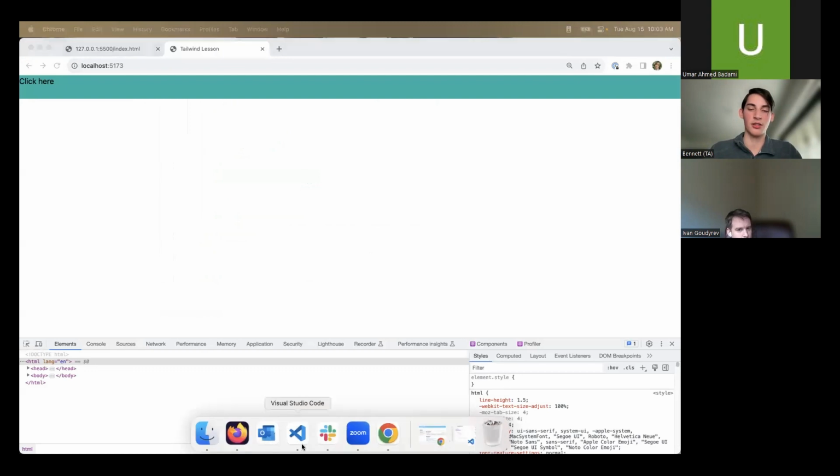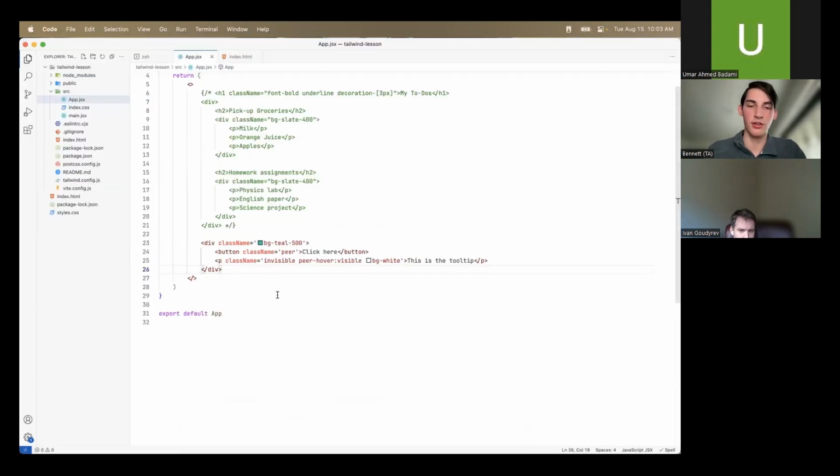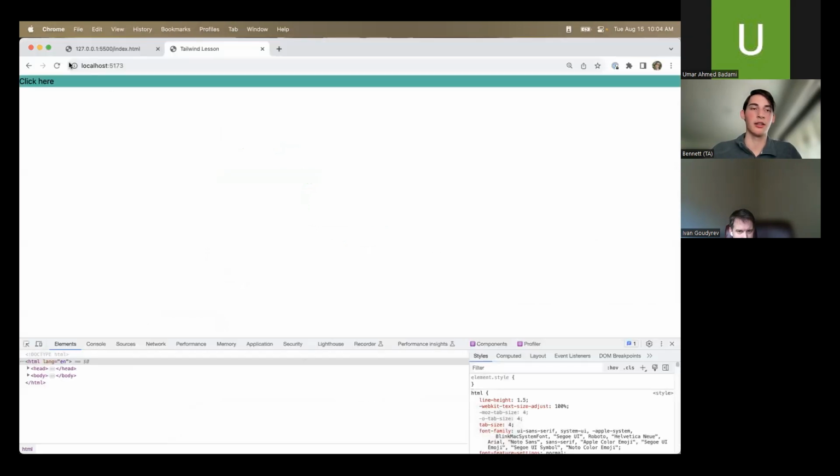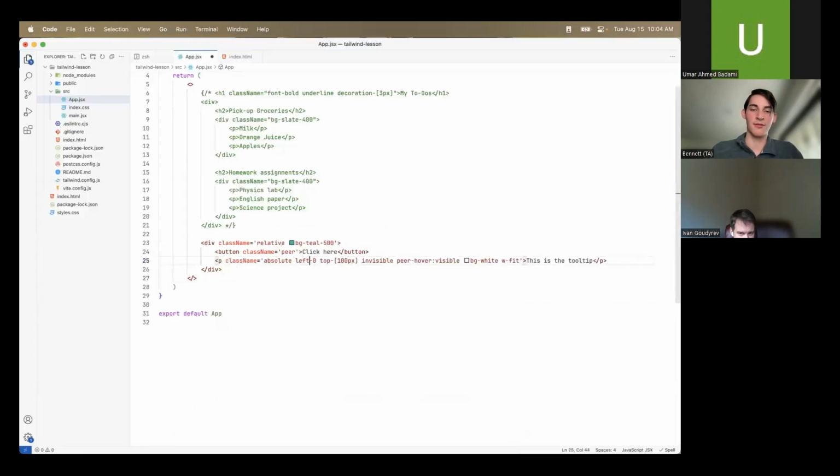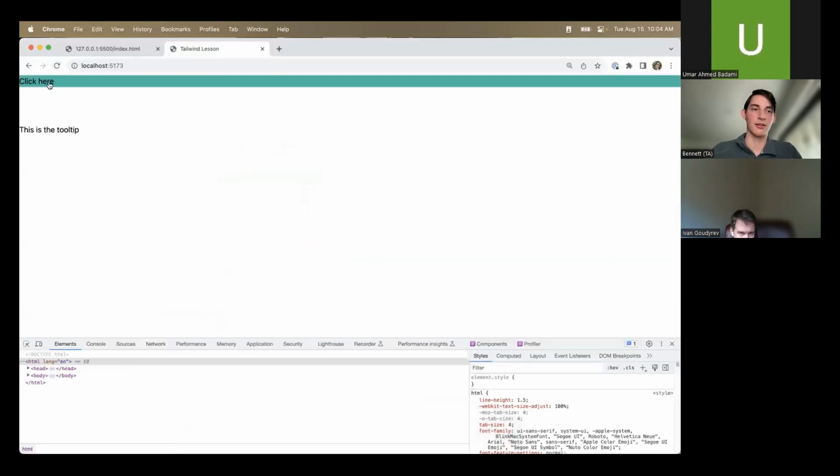But if we want it actually to pop out, we can change it so that it is positioned absolute relative to this div parent, which we can make relative so that we can be absolute relative to that div. And we can say like right 0, top, I don't know, 100 pixels, and this would be width fit, and I'm going to go here and reload. All right, so not right 0, but left 0, and now I see, okay, let me